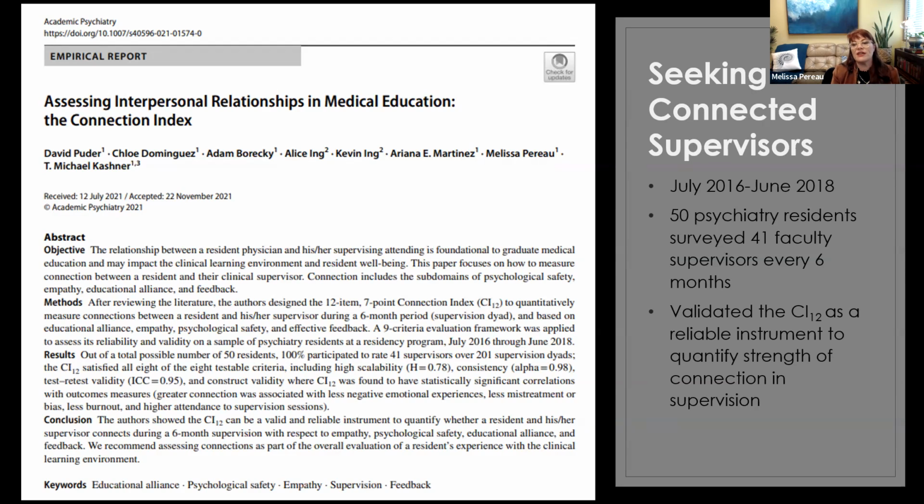And so over the course of that time, this instrument that Dr. Puder and his team built was able to be validated and then used in a lot of different residencies throughout our system. And so Dr. Puder has gone residency to other departments and worked with their programs and worked with their supervisors. I created this talk actually for the Department of OBGYN for their faculty retreat, which I spoke at last year. And it's very interesting to see these results from our department versus other departments. And yet at the same time, there still are similar concerns with residents when it comes to connection and communication